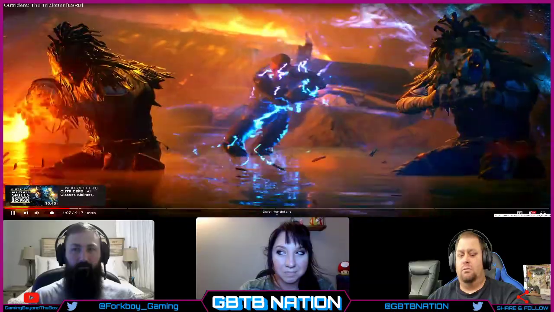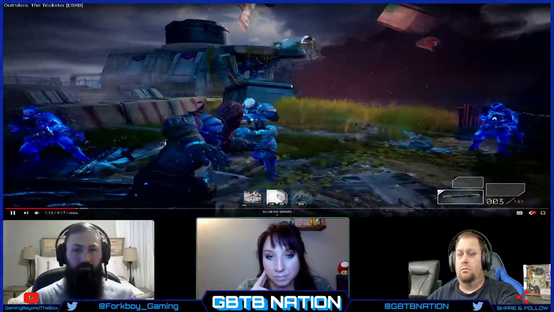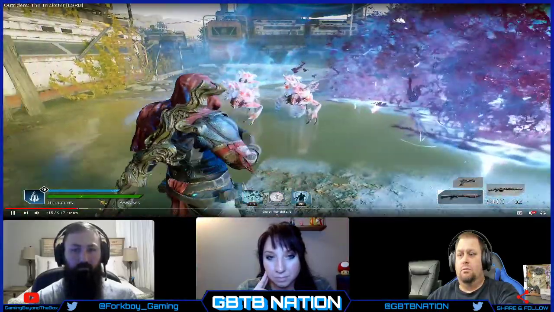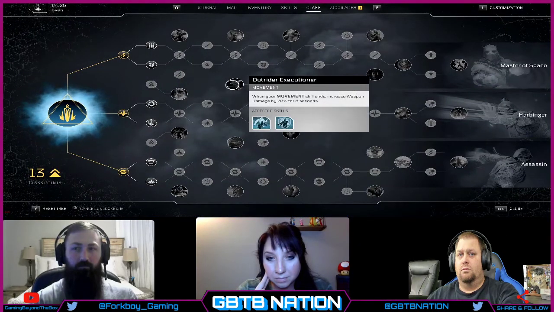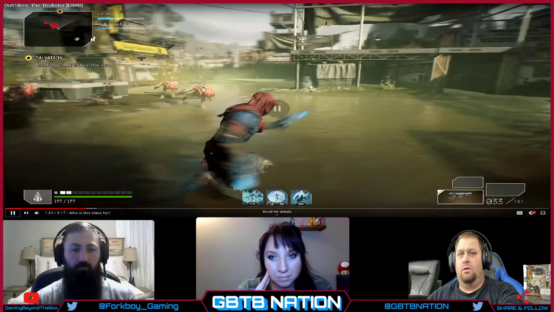As tricksters, we manipulate the fabric of time and space to take out enemies by surprise. Who is this class for? Players who like to get in and out quick, leaving devastation in your wake. Tricksters are for you. However, because of the way skills and your passives can be customized, certain builds of the